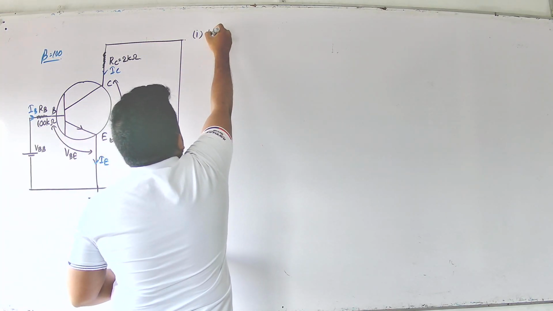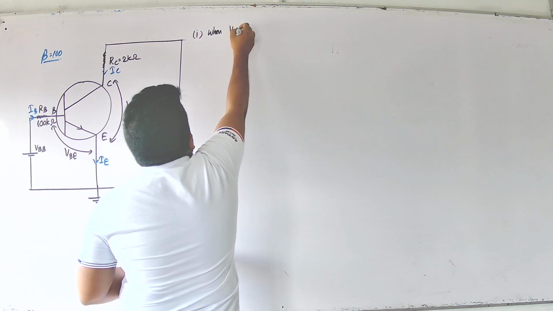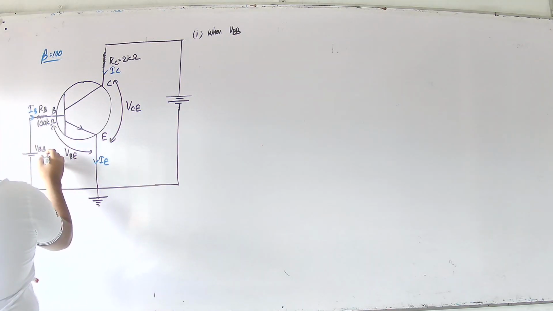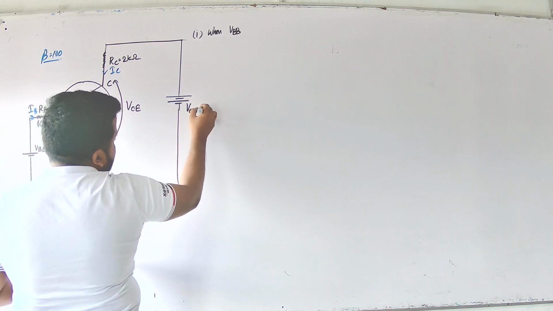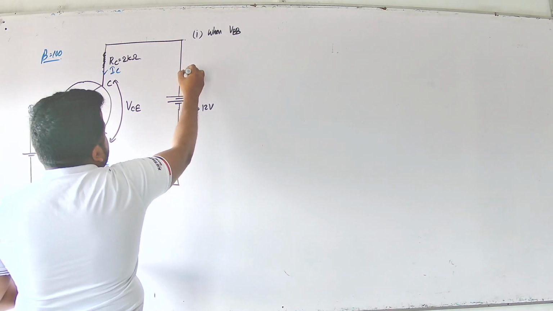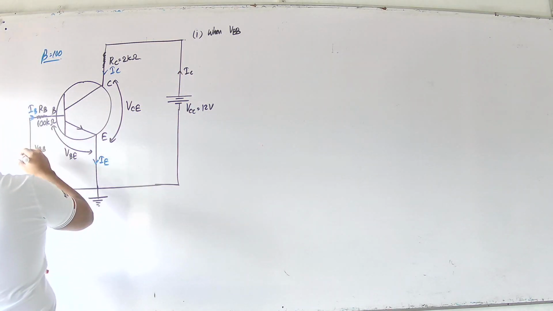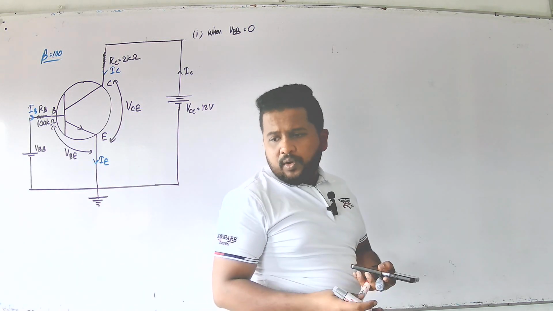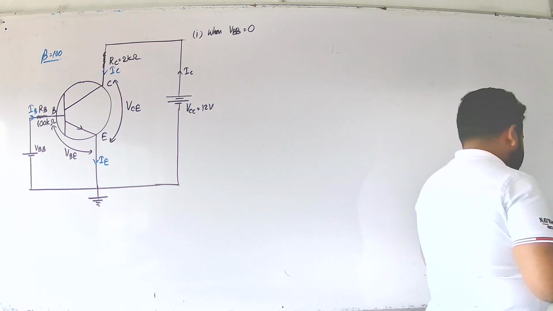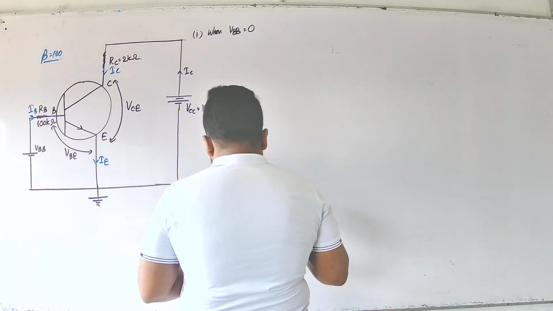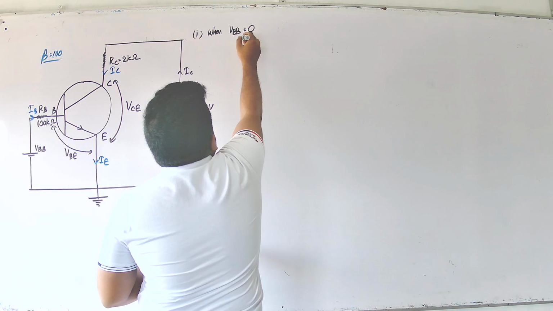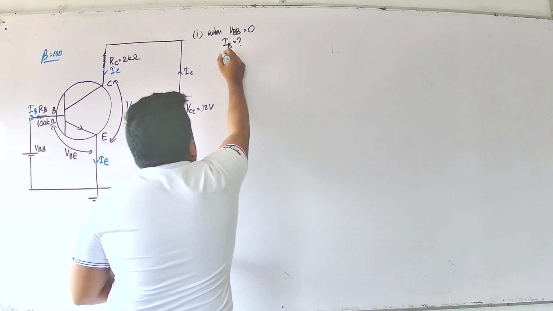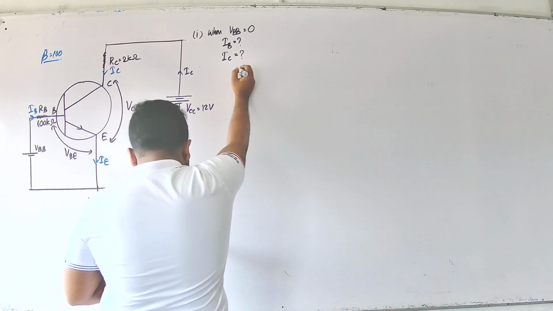Write down the problem number 1. Here, mark VCC as 12 volts. When VBB equals 0, find out IB, IC,